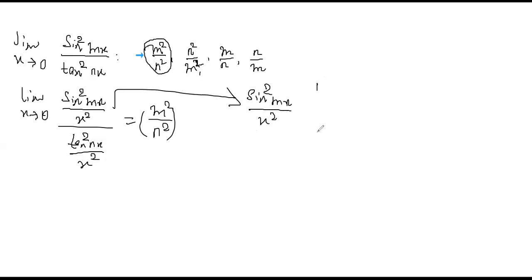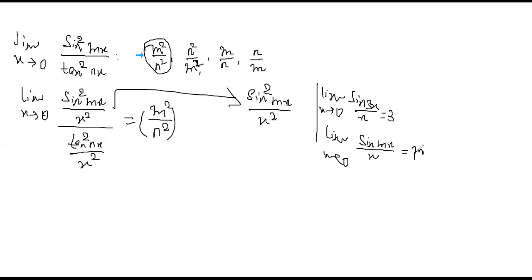First of all, you tell me, in the previous question we have written limit x tends to 0, sine 3x by x is equal to 3. Yes or no? Yes. Similarly, you can write sine mx by x is equal to m. Yes or no? Okay. So for this question, you can write